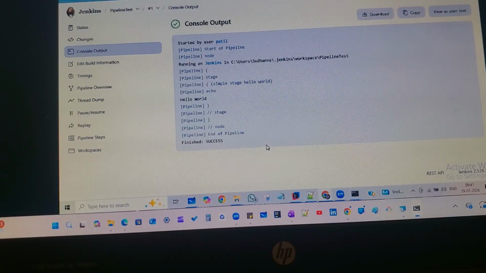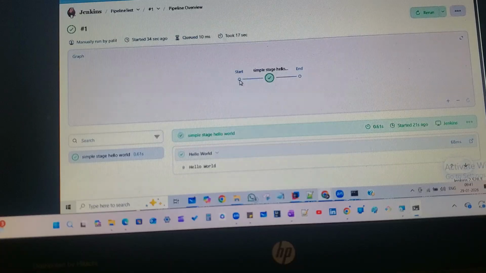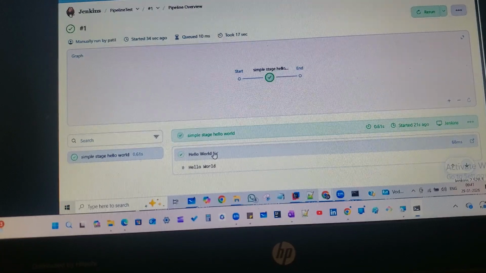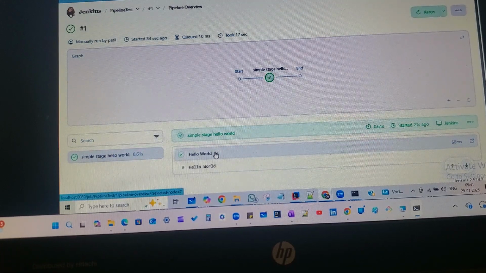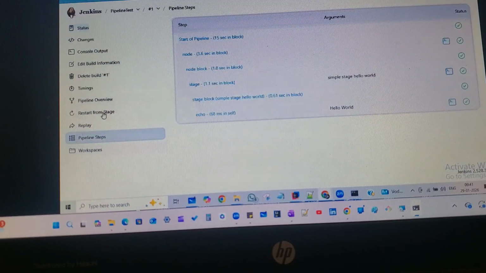That's it. If you just go here to the pipeline overview, it will show you some of the things. Okay, so see here, it has started, it has executed this stage, and the stage got ended. Okay, so hello world is the stage that got executed, right? What is the output? This is the output. So this has a lot of things. Your pipeline will show you a lot of other things also, right? What are the pipeline steps? The pipeline step is it has started the pipeline, and then it has executed this stage,